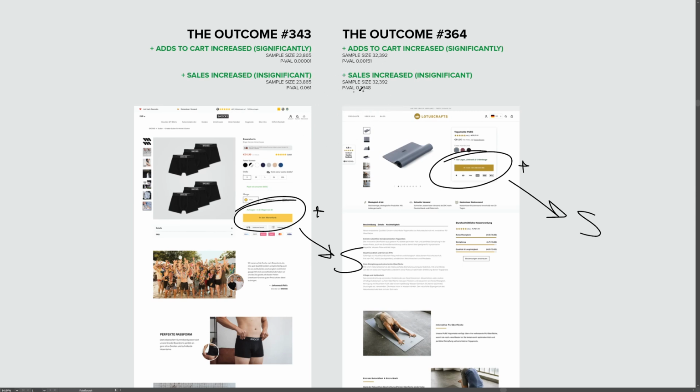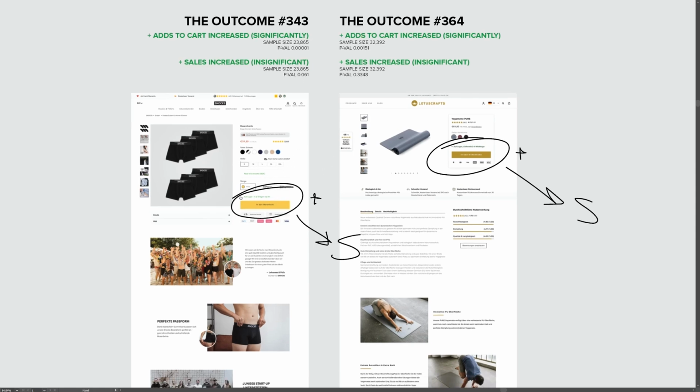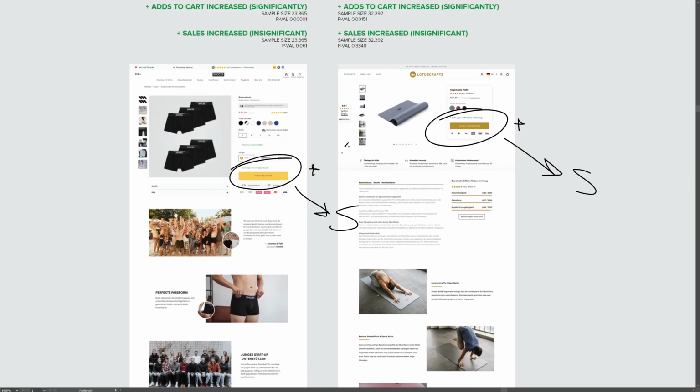Here I reported the p-value. Nevertheless, the first two metrics were replicated very, very similarly. I think this was like 5%, close to less than a 6% increase in adds to cart. So given that both examples were, I believe, implemented, and the decision was to roll this out,